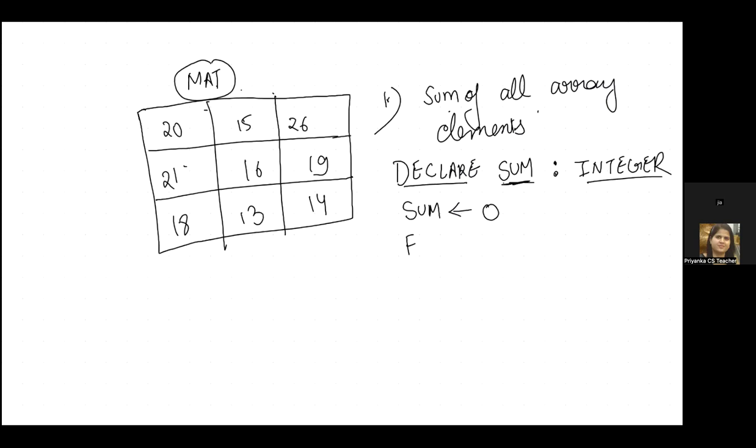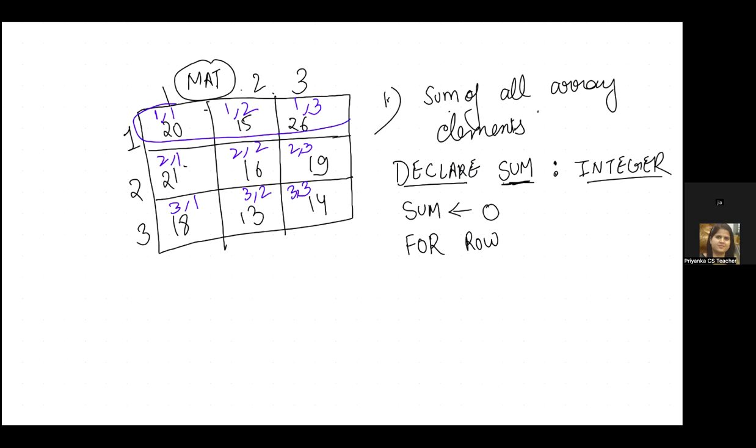Yes, for loop for the row. Because how many rows do we have? 1, 2, 3. How many columns do we have? Again 3. This cell is at row 1, column 1. Row 1, column 2, row 1, column 3, row 2, column 1, 2, 2, 2, 3. This is 3, 1, this is 3, 2, this is 3, 3. So if you want to add all these elements, here the row number is constant, but the column number is 1, then 2, then 3. So for row 1, 2, 3, for column